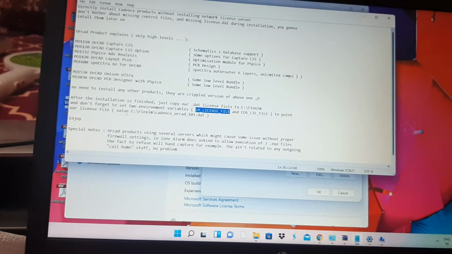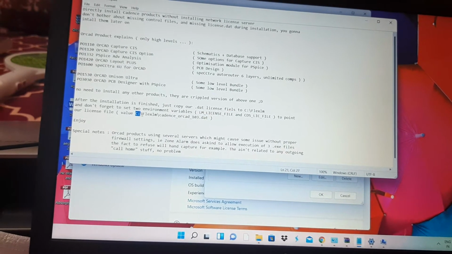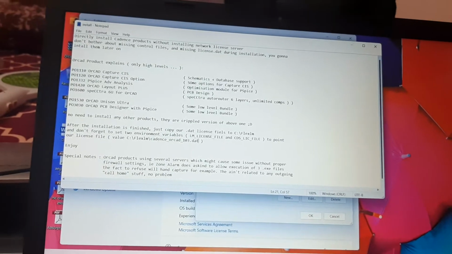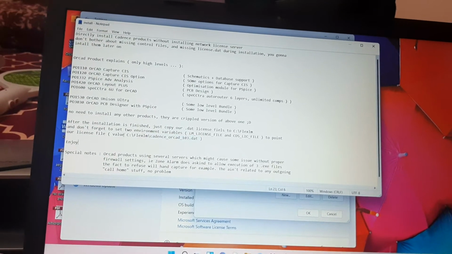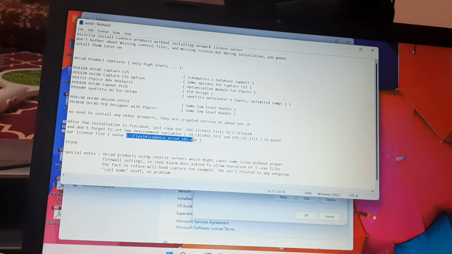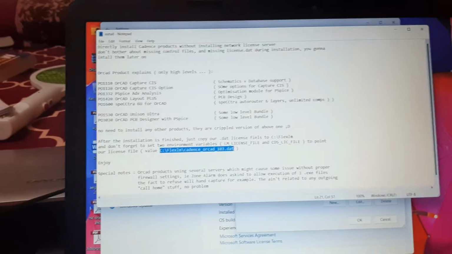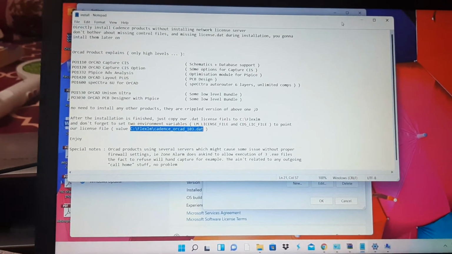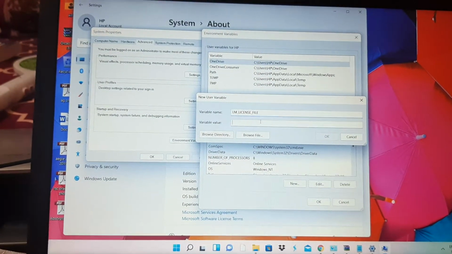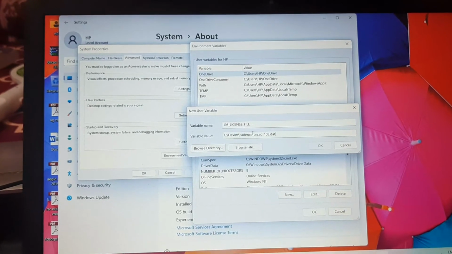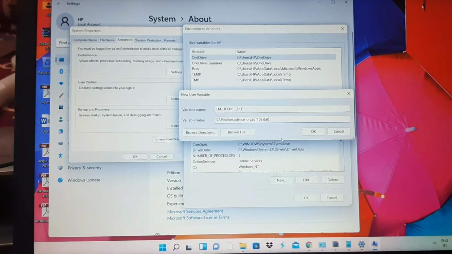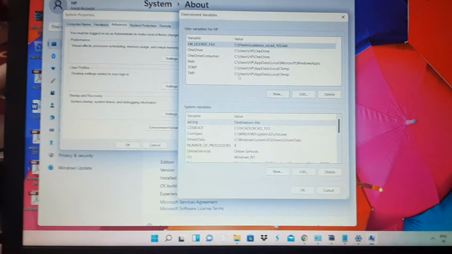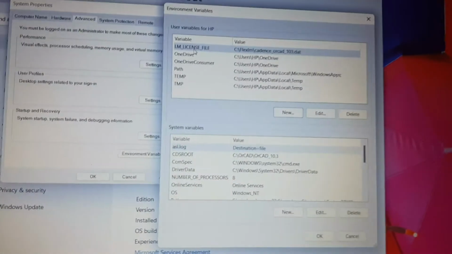And this license file value is this C flexlm cadence ORCAD 103.dat. Just copy this. And then press OK. Now this variable is created.